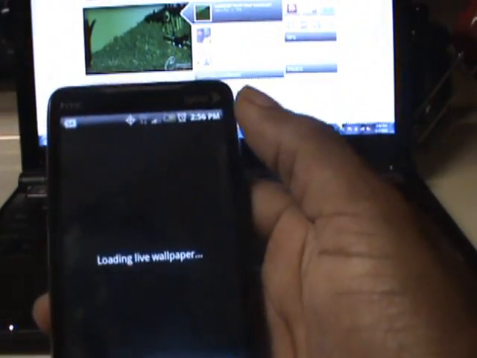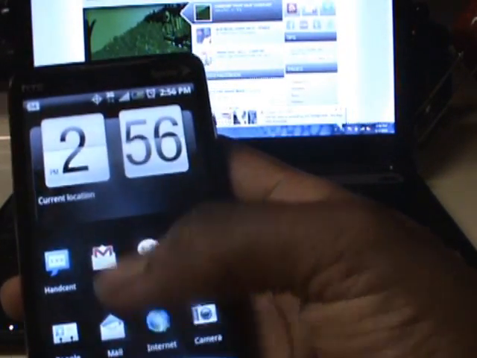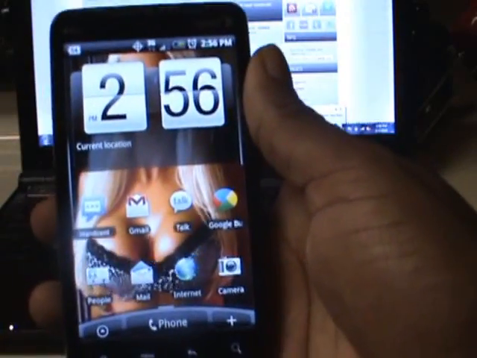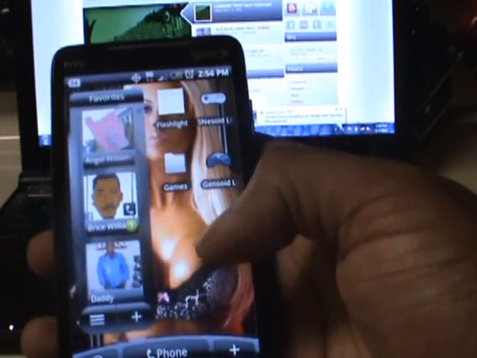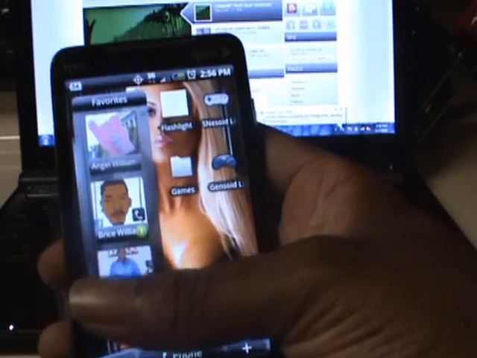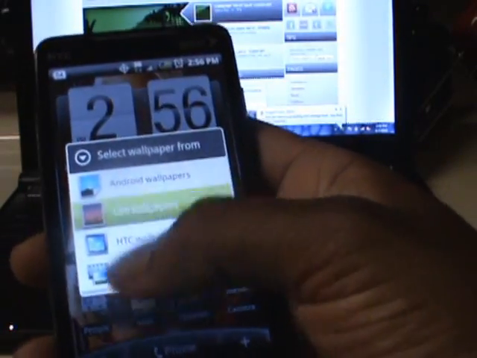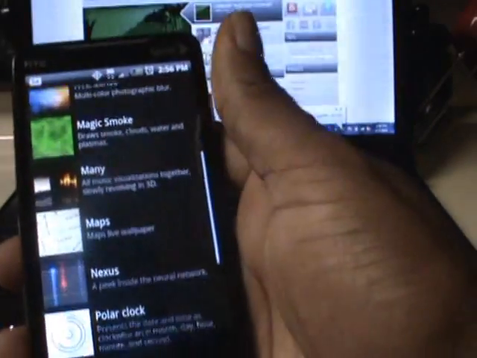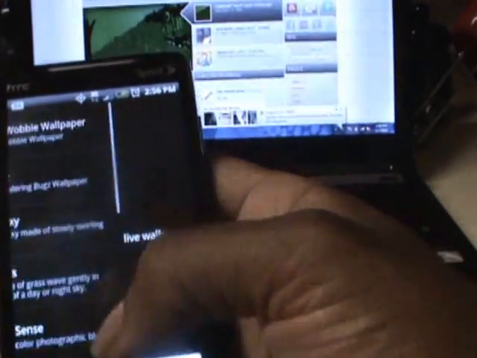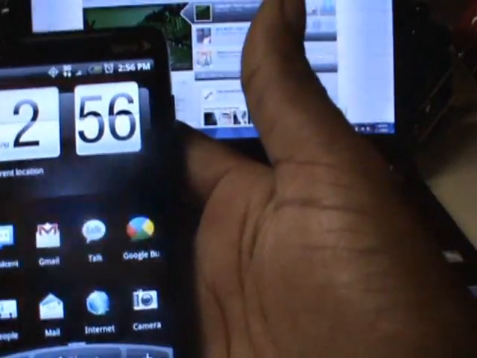Here's one I thought was pretty funny. I think it's called Andro Wobble or something like that. So I'm sure a lot of guys will appreciate that one. But again, pretty much just like anything else in the market, the options are limitless as far as the different